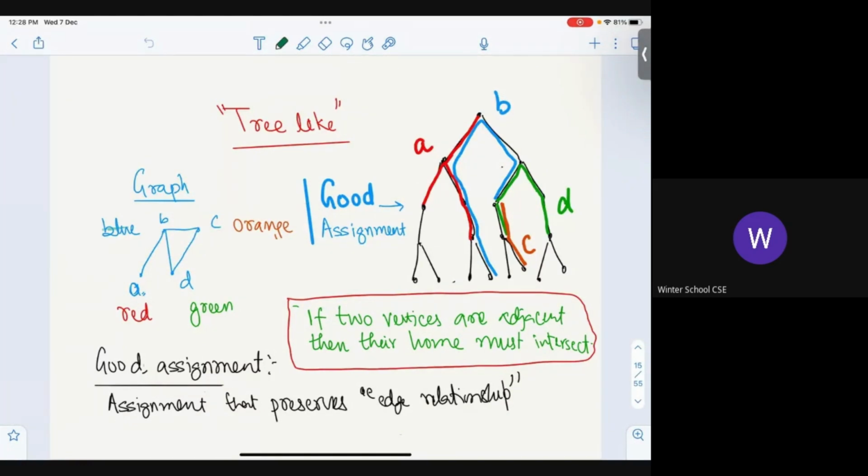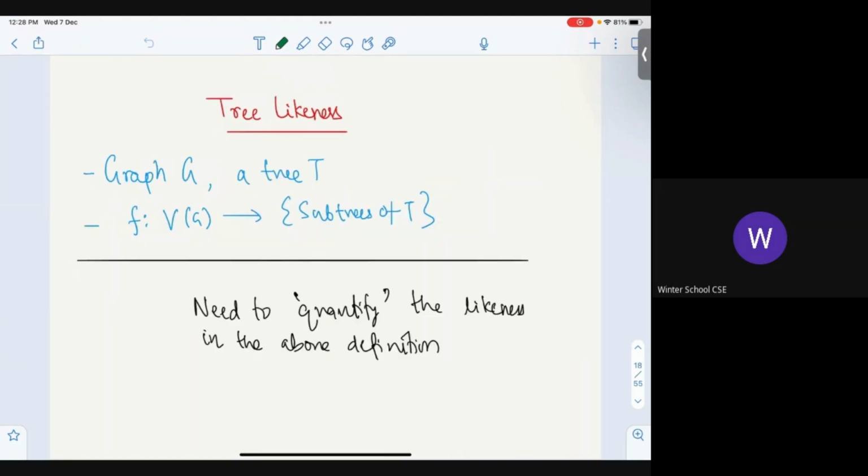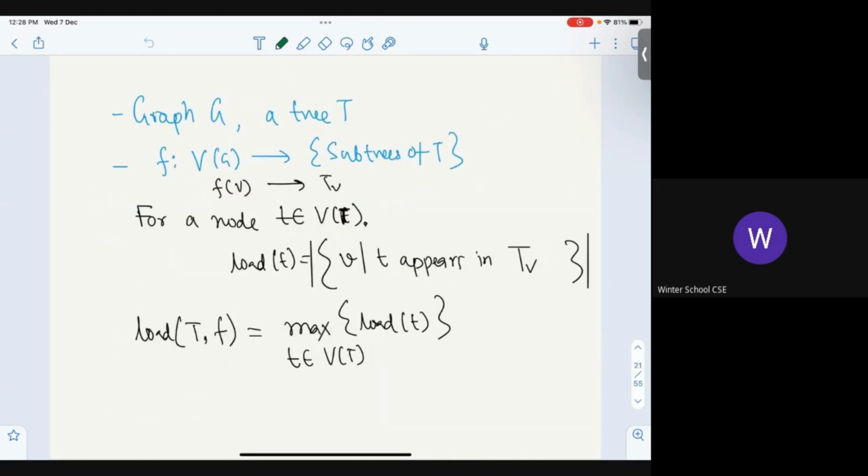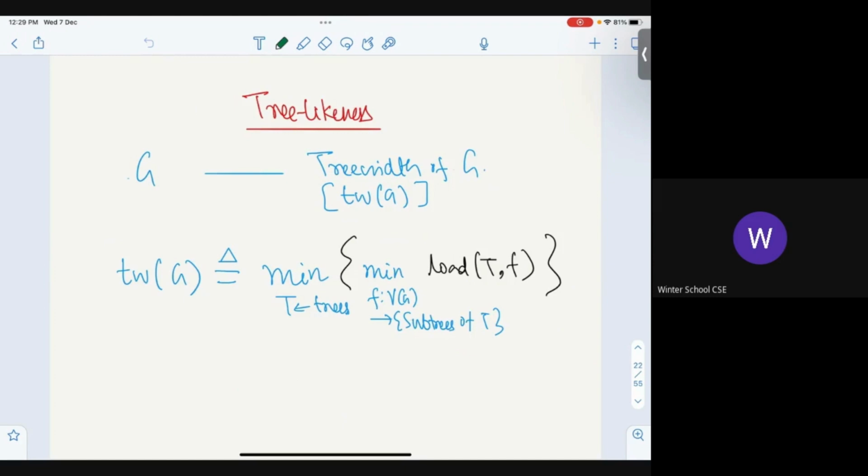Okay. Excellent. So now we are getting to the heart of the computational question. So are we good with this definition? Okay. So if we are good with the definition, we're done with the tree width. Okay, so what does tree-likeness mean? I'm going to define it. So this is what my definition of the tree width of G will be. Given a graph G, I'm going to define the symbol treewidth of G.